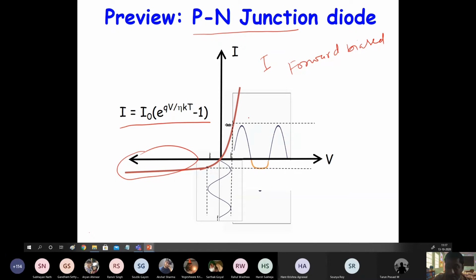And the application of this diode, you can basically use as some kind of rectifier, right? So if you apply a voltage, for positive voltage it will conduct, for negative voltage it will not conduct. And you have different slopes at different points. So if you choose a different operating point, you can get different dynamic resistance, right? So this application of the PN junction diode and the IV curve of the PN junction diode, you have already learned in